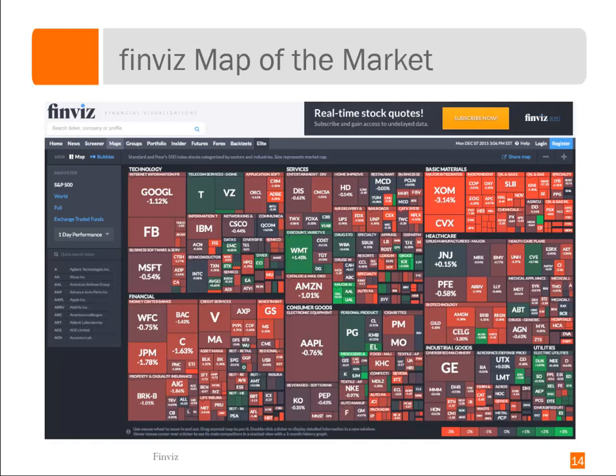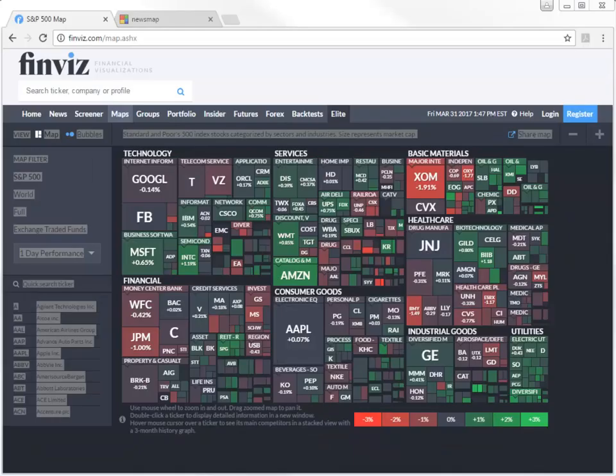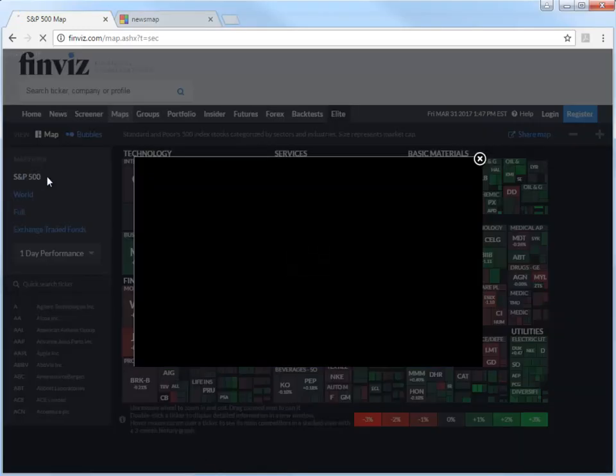And we'll go out and take a look at that. So here we have the FinViz website, our latest incarnation of the map of the market. So a couple different things that we'll see here. So we're engaged with